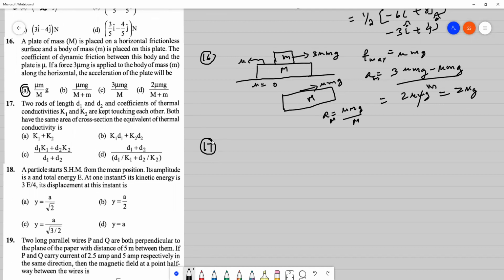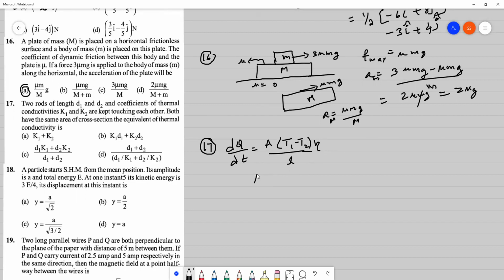Two rods of length d1 and d2 and coefficients of thermal conductivities k1 and k2. We know that the rate of flow of heat energy is dQ/dt equal to the area of cross section times the change in temperature, T1 minus T2, times eta divided by L. Now this one consists of T1 and T2, K1 and K2, D1 and D2. Both have the same area of cross section. So if I compare,